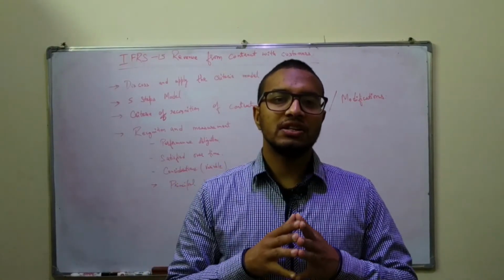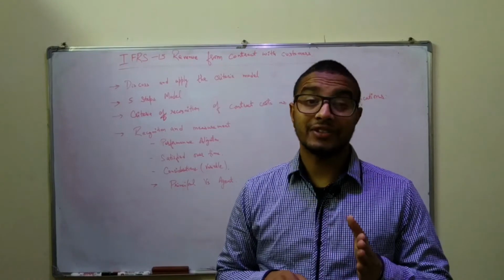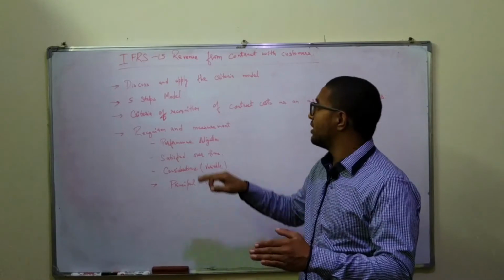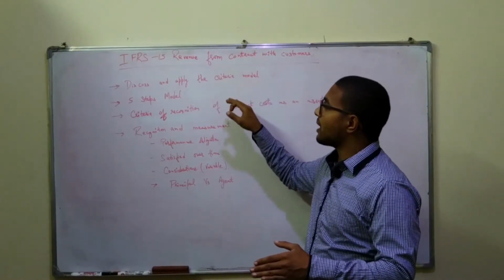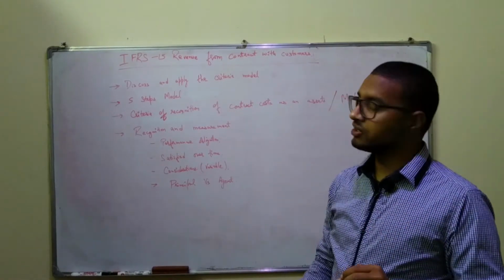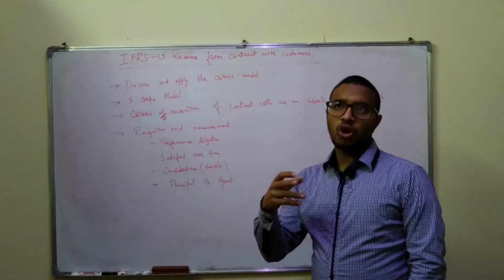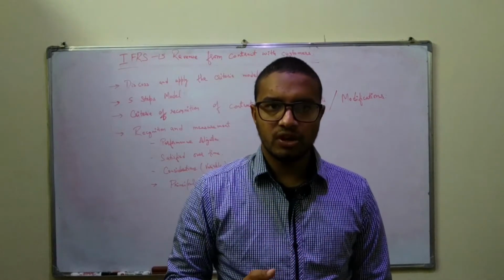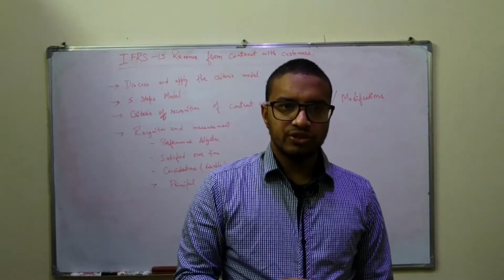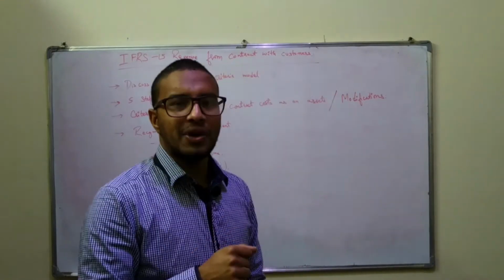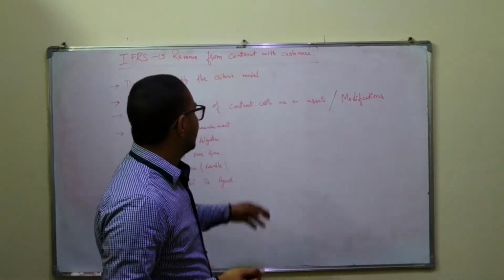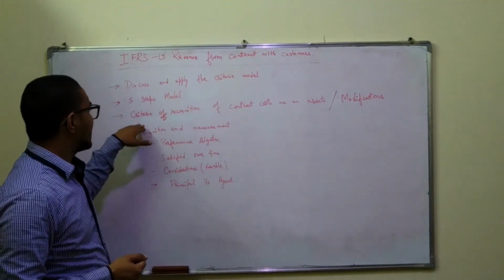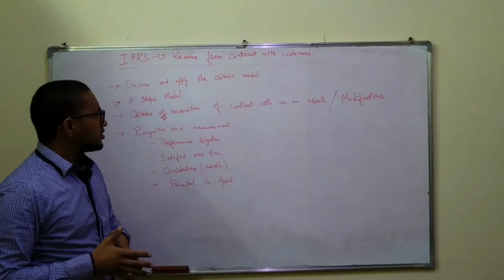So today what we are going to be learning about is revenue from contracts with customers. In this chapter we will learn about discussing and applying the criteria model for revenue recognition, and the 5 steps model. First of all you identify the contract, then you identify the separate performance obligations, third you determine the transaction price, fourth you allocate the transaction price, and fifth you recognize revenue. So we will look at the 5 steps model used, and then after that we will also look at